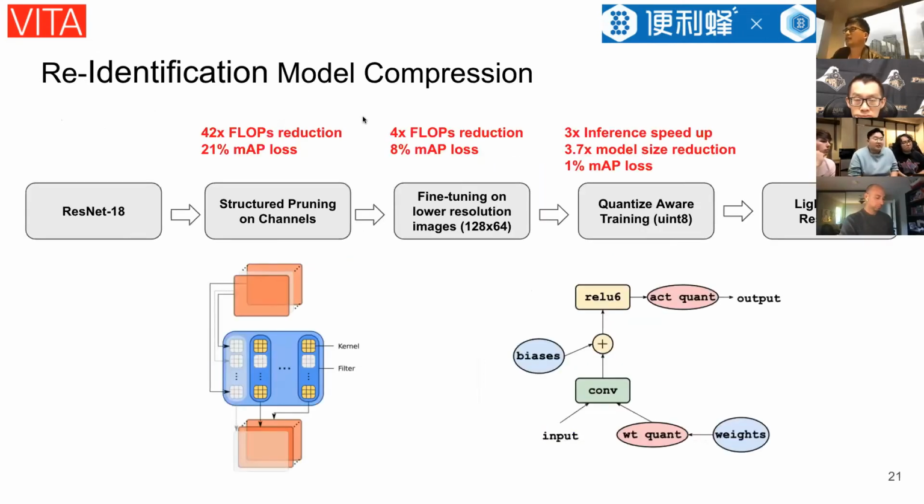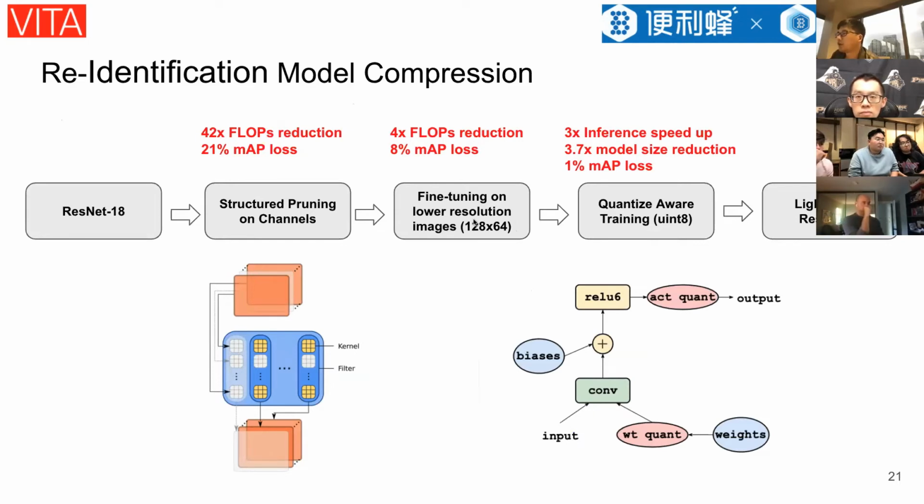So this is our final result for model compression. Given the input ResNet 18, we first apply structure pruning on channels. It is able to give us 42 times FLOPs reduction with only 21% mAP loss. And we fine-tune